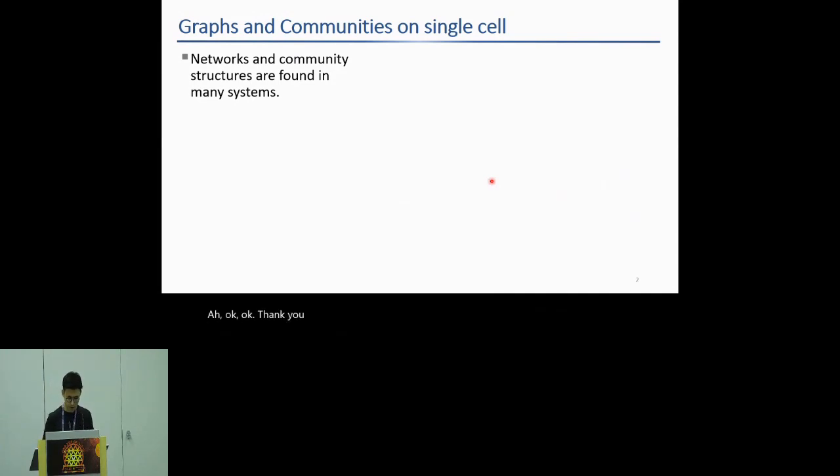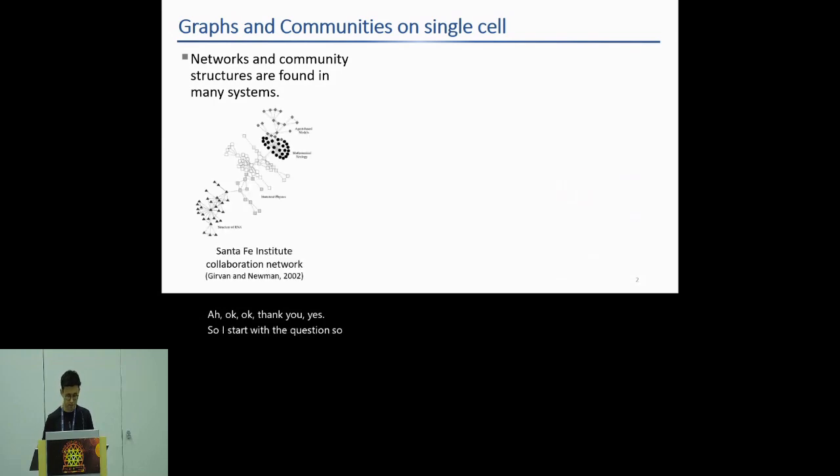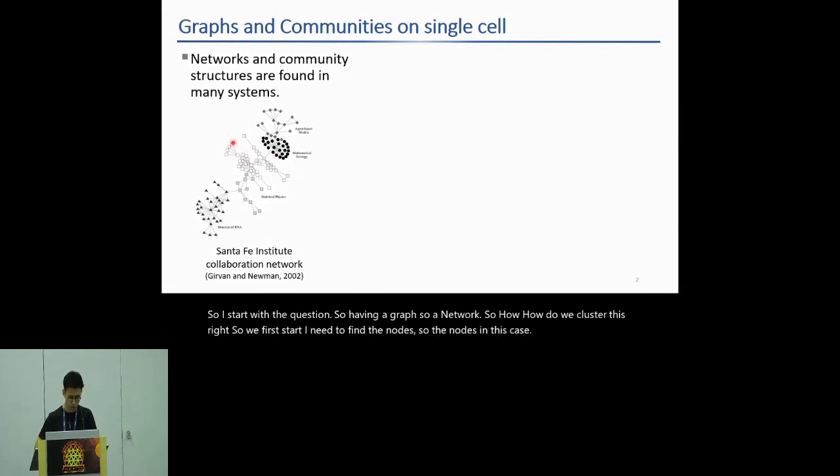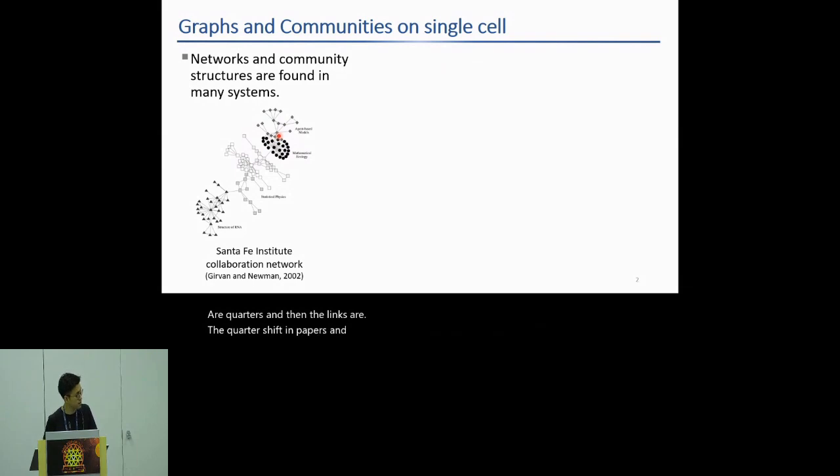So I start with the question. Having a graph, a network, how do we cluster this? We first start by identifying the nodes. The nodes in this case are co-authors, and the links are co-authorship in papers. As you can see, it forms some communities, basically from the departments, which are more likely to collaborate with each other than with other